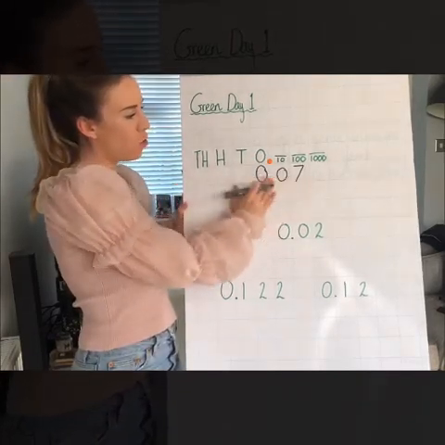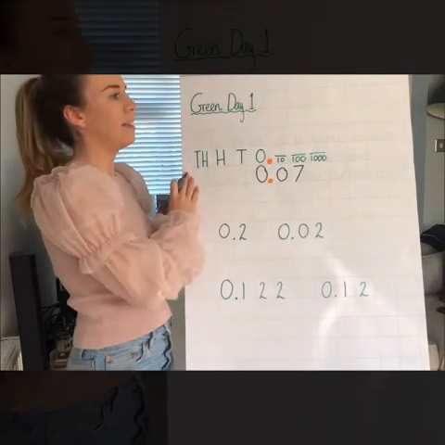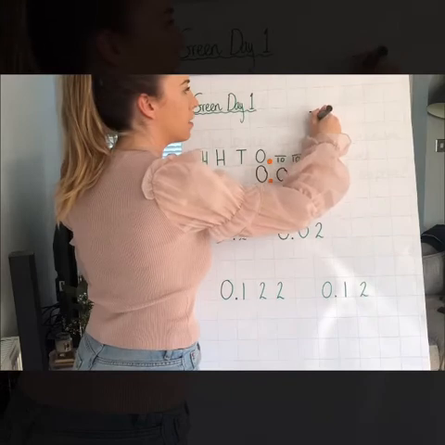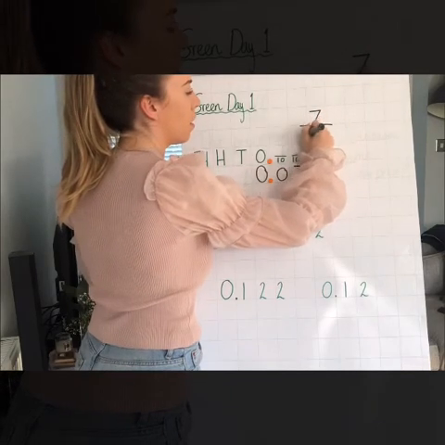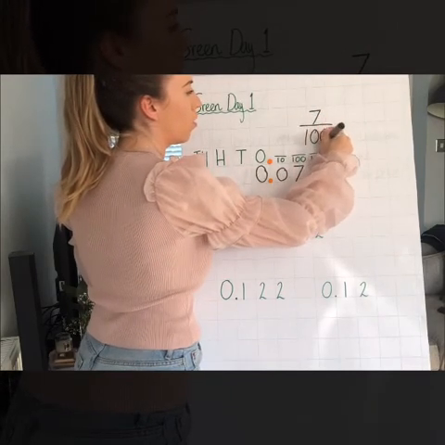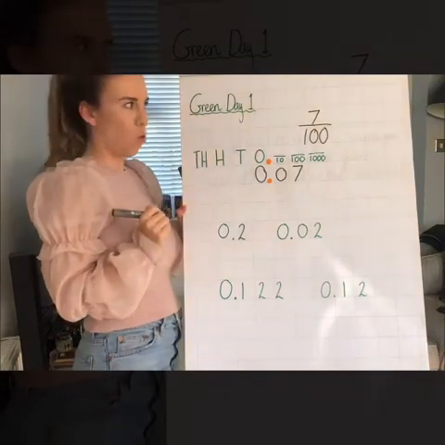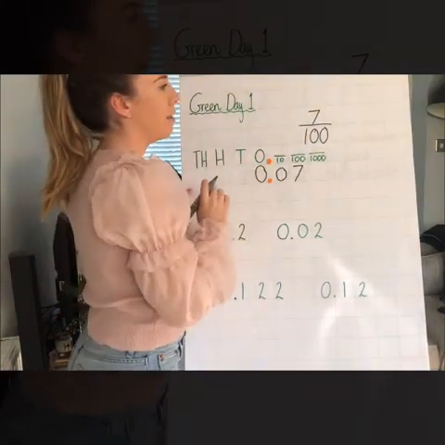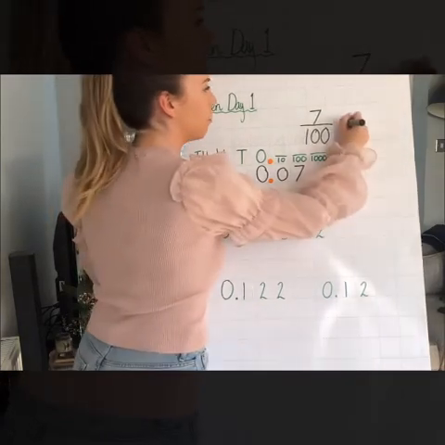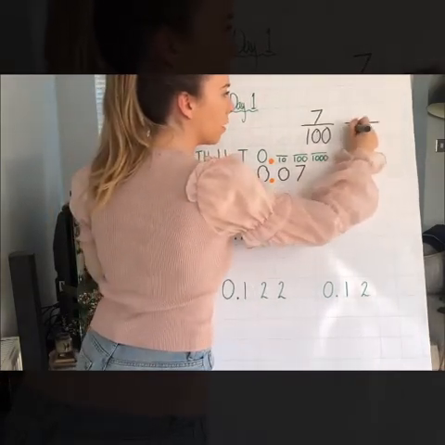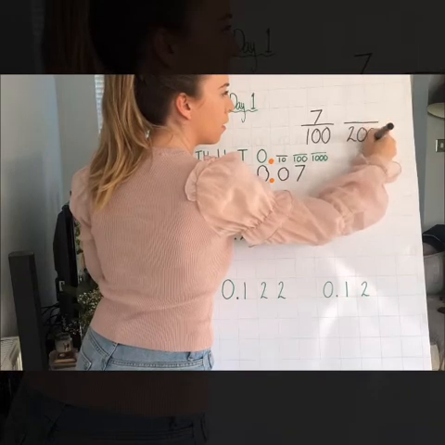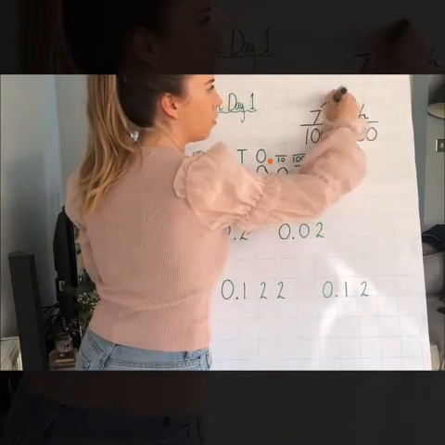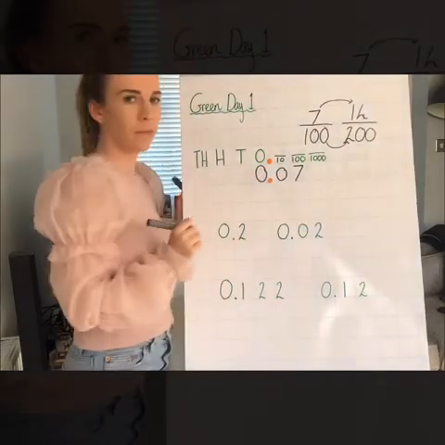So 0.07 is exactly the same as writing 7 over 100. Or if I wanted to make that larger, it's the same as me writing 14 over 200. Okay,